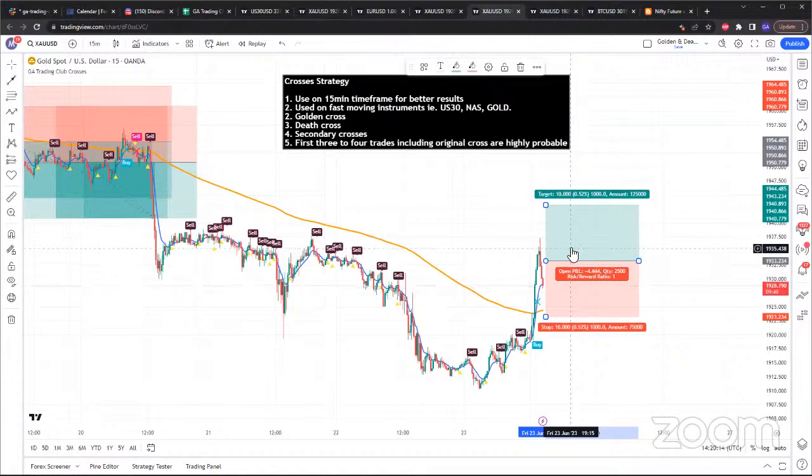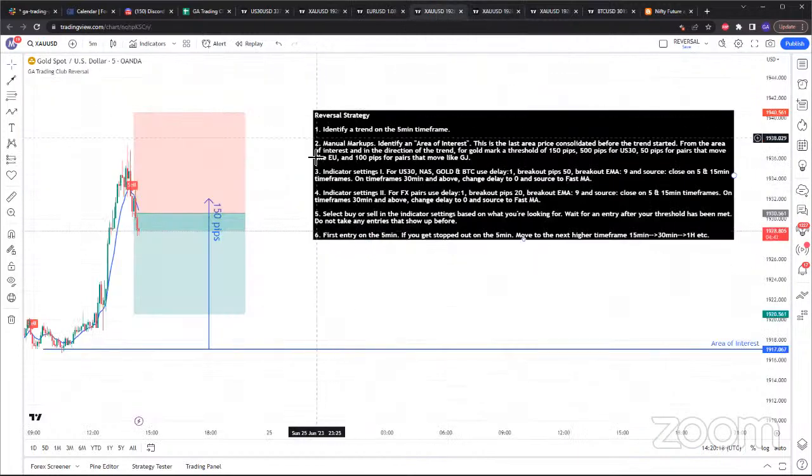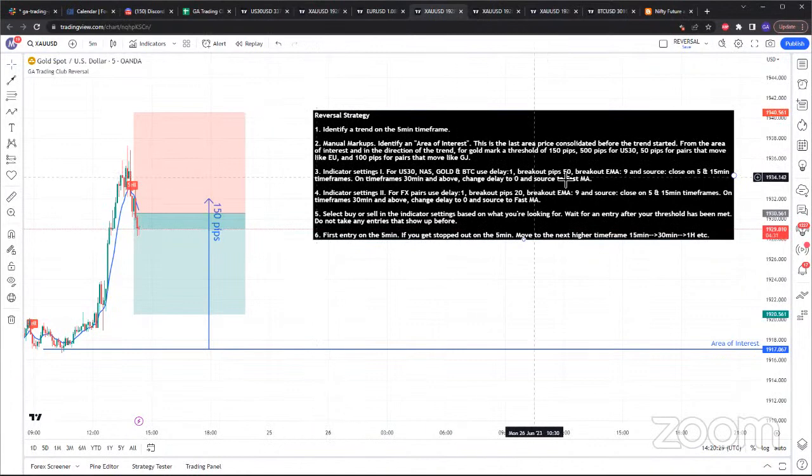Also, ask yourself the other question: what day of the week are you trading? It is a Friday. So what do you expect on Fridays? A lot of manipulation, a lot of trending. So the overall direction on gold can be a buy, but given that it's a Friday, do you think they're going to take up price on a Friday or on a Sunday or Monday? And we've gone over this in the last few weekends back to back.